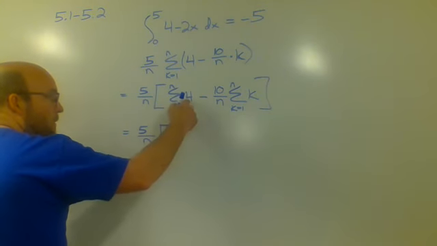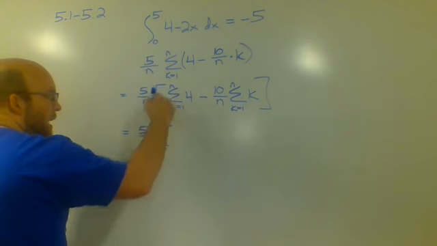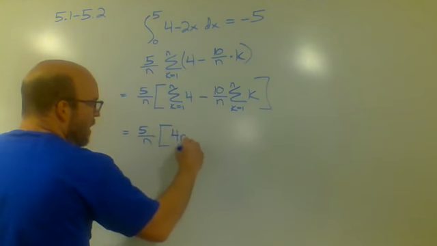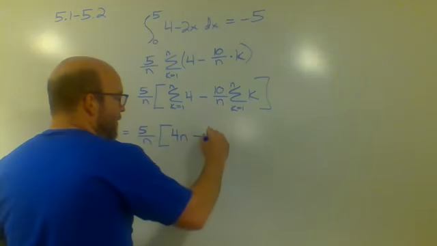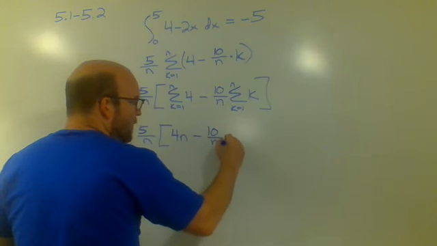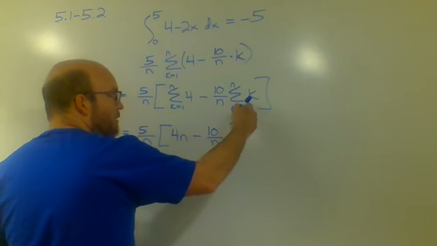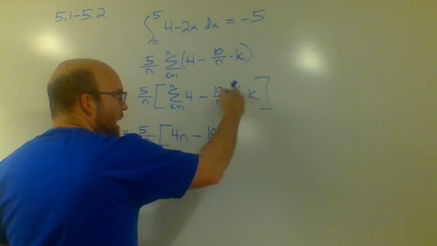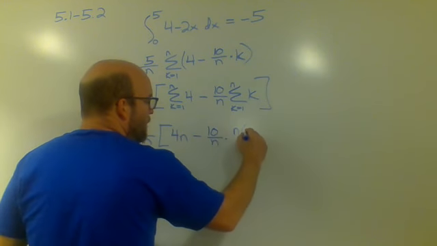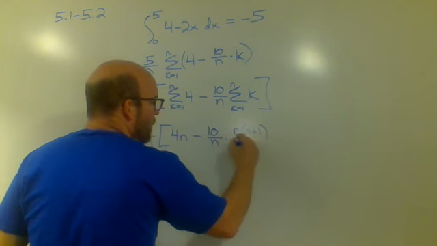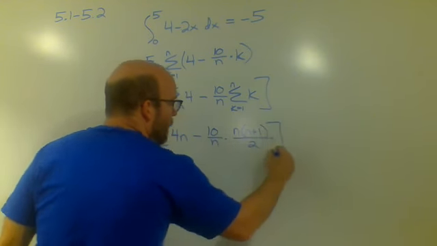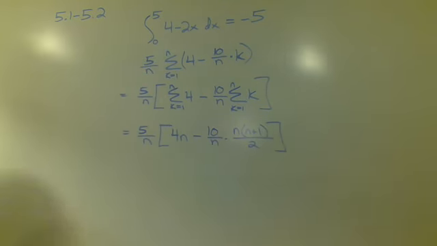So here, if I add 4 to itself n times, you're going to end up with a 4n. And this other one, we have a 10n on the outside, but we've seen this a handful of times now. For adding up a bunch of k's up to n, the formula for that is n times n plus 1 over 2. Okay. And then finally,